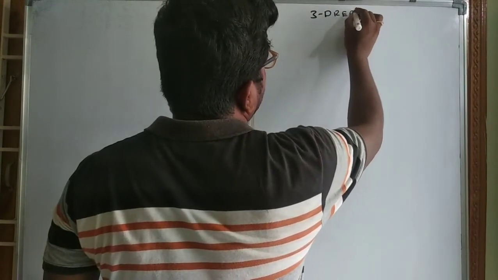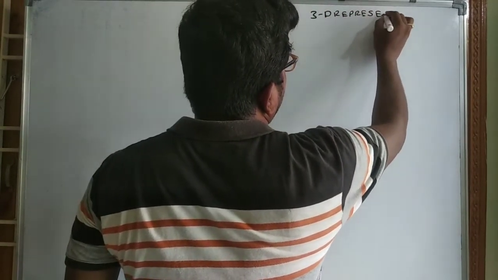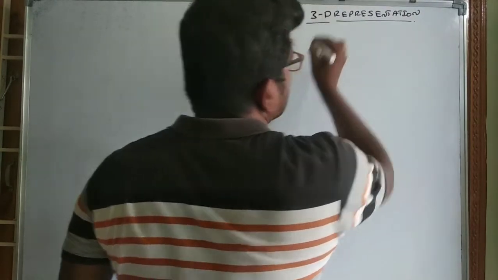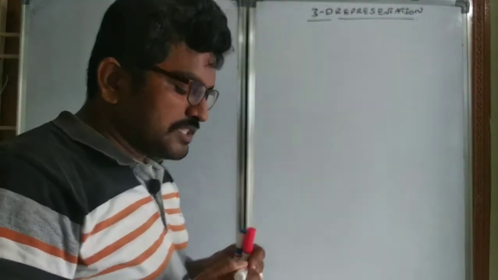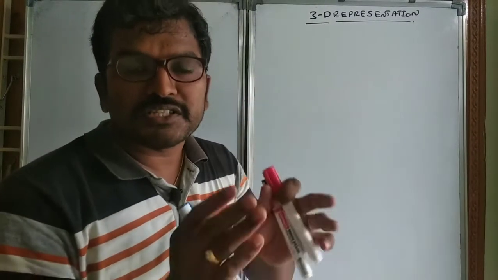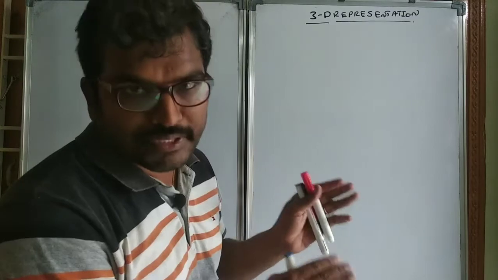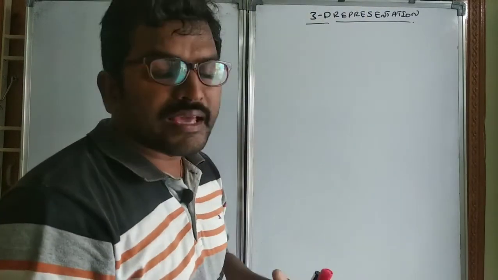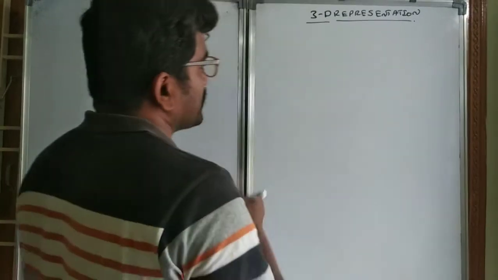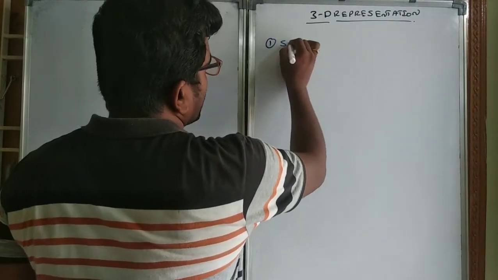3D representation. So what is this three-dimensional representation and how do we first represent it three-dimensionally on paper? Here we are not imagining anything. Three-dimensional structures you have to write on the paper. For that purpose we have